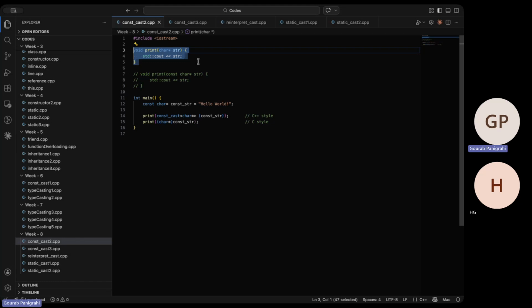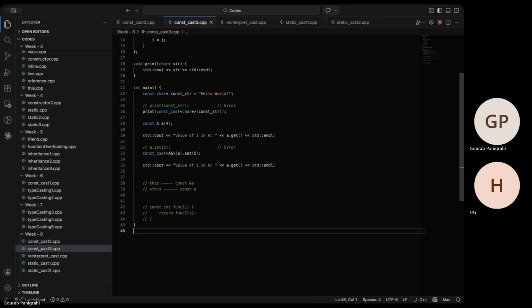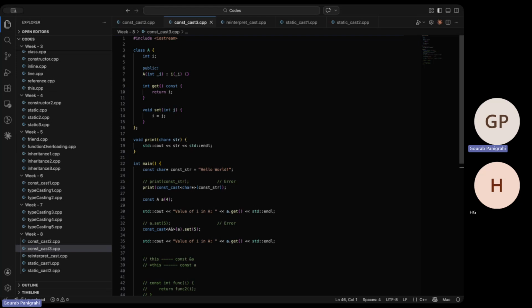To avoid writing overloaded functions, like a lot of code, you can do it, but it's not exactly necessary just for this one case. You can avoid that by using const casting and make your string non-const for this instance, and it will print it. And the example we saw is for